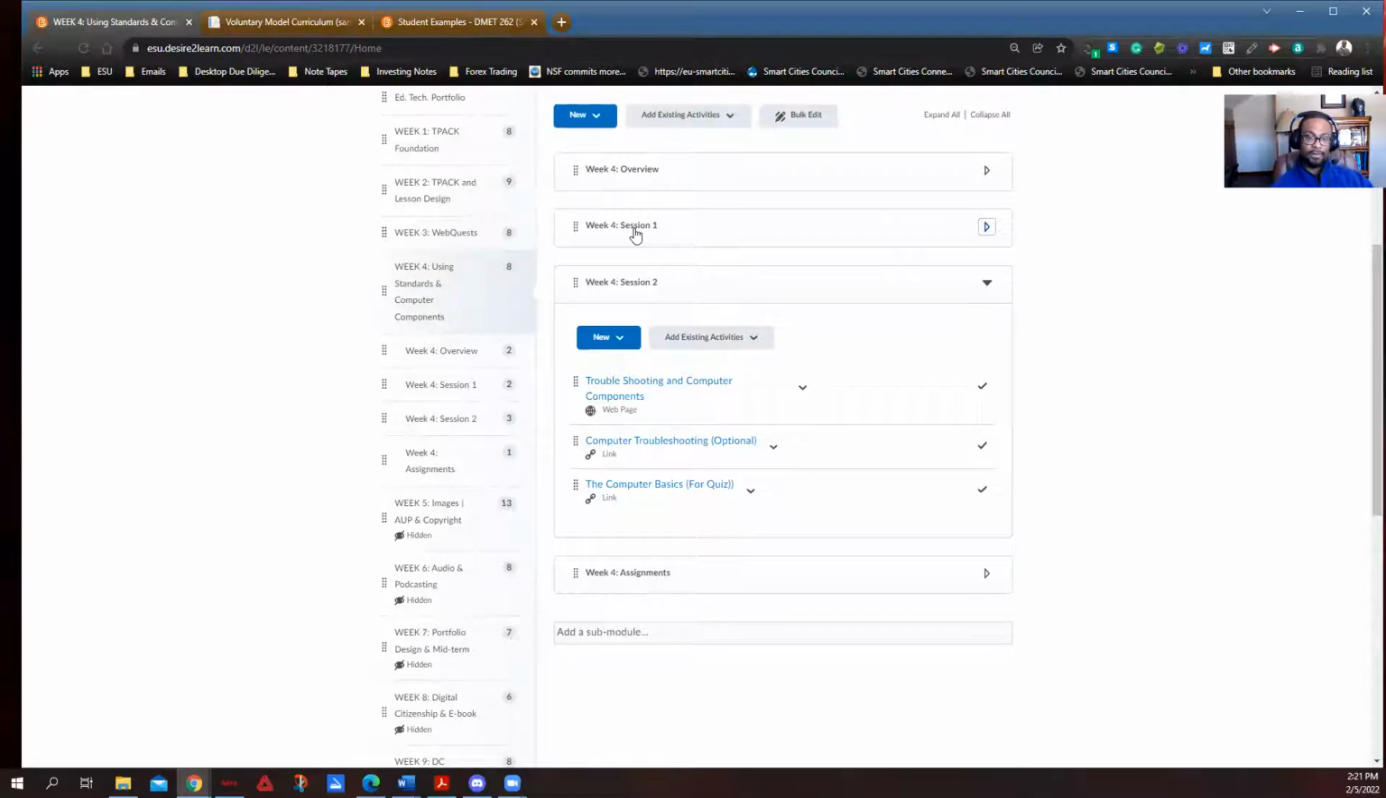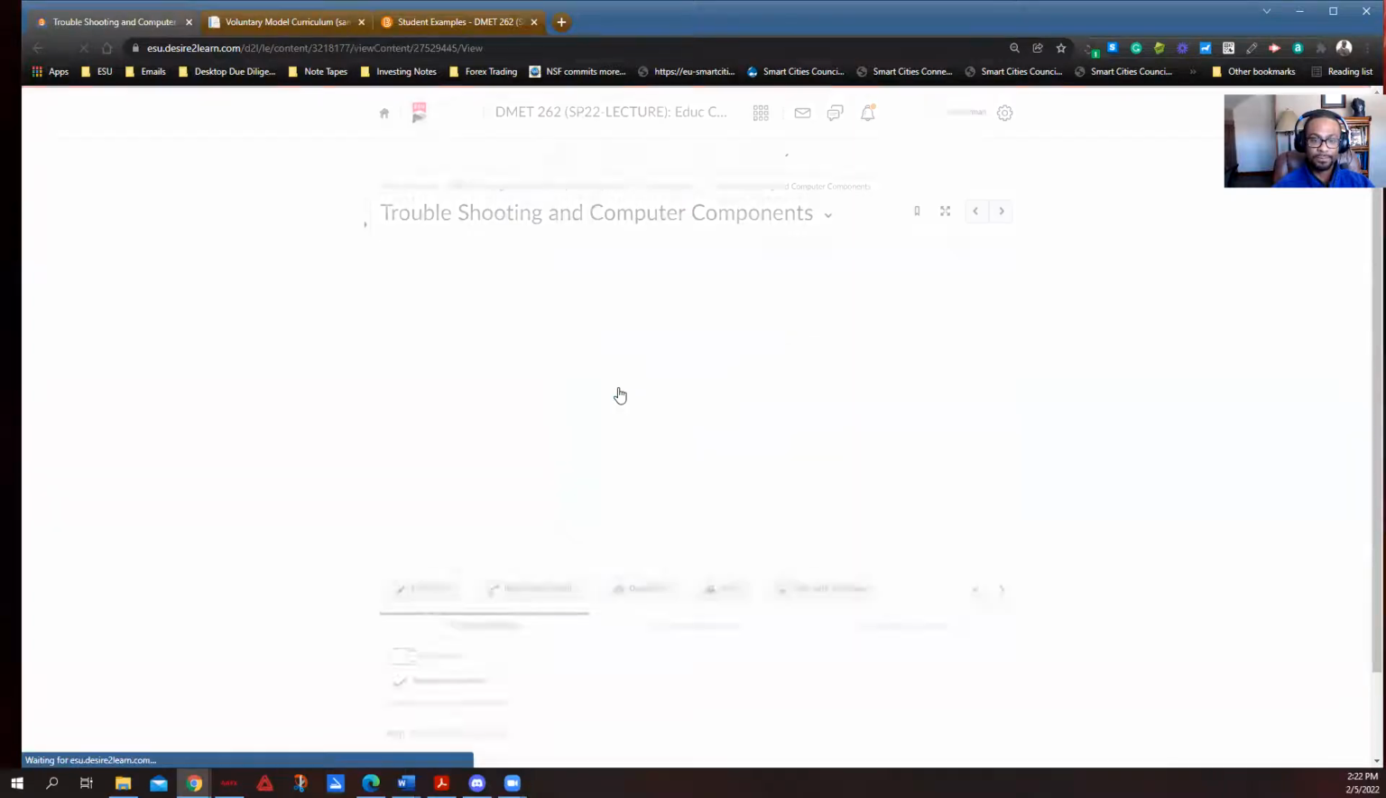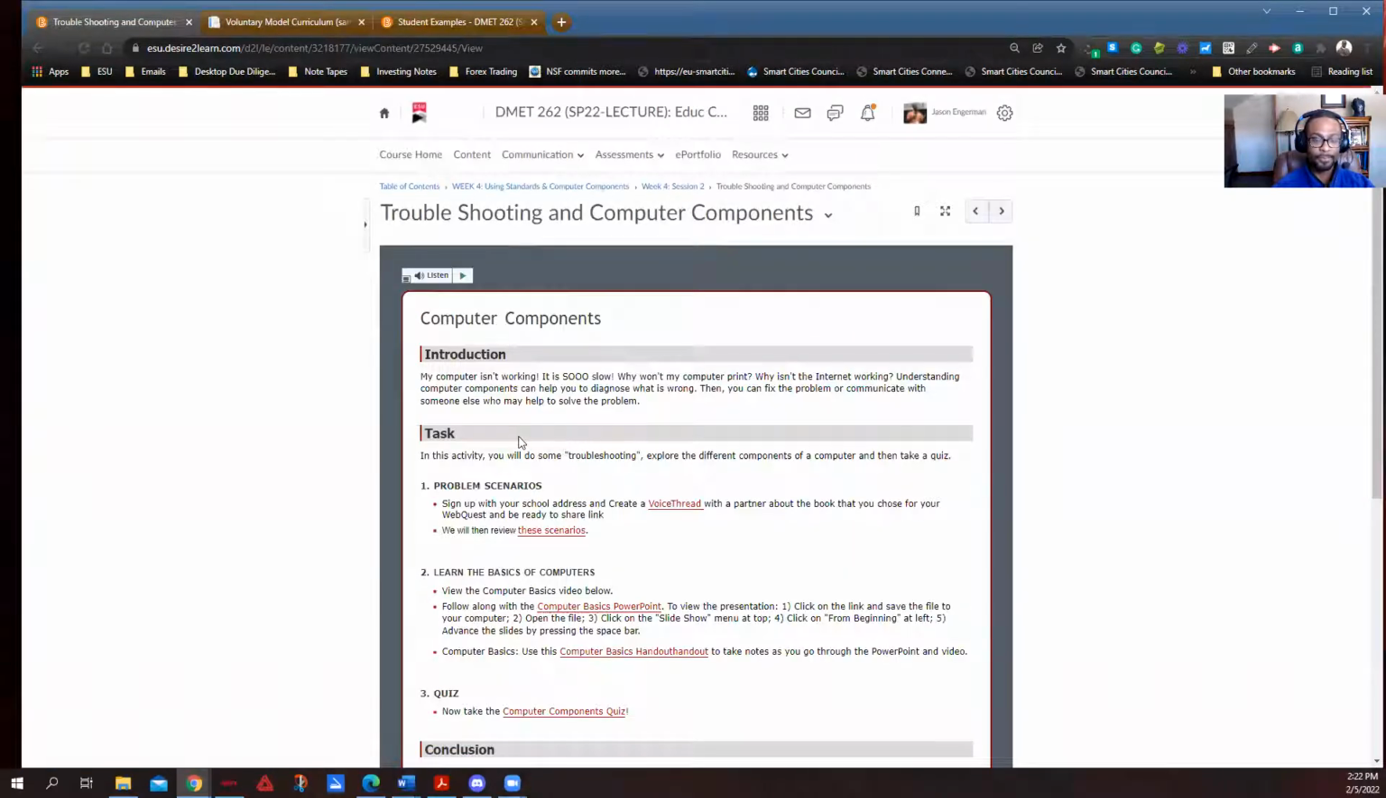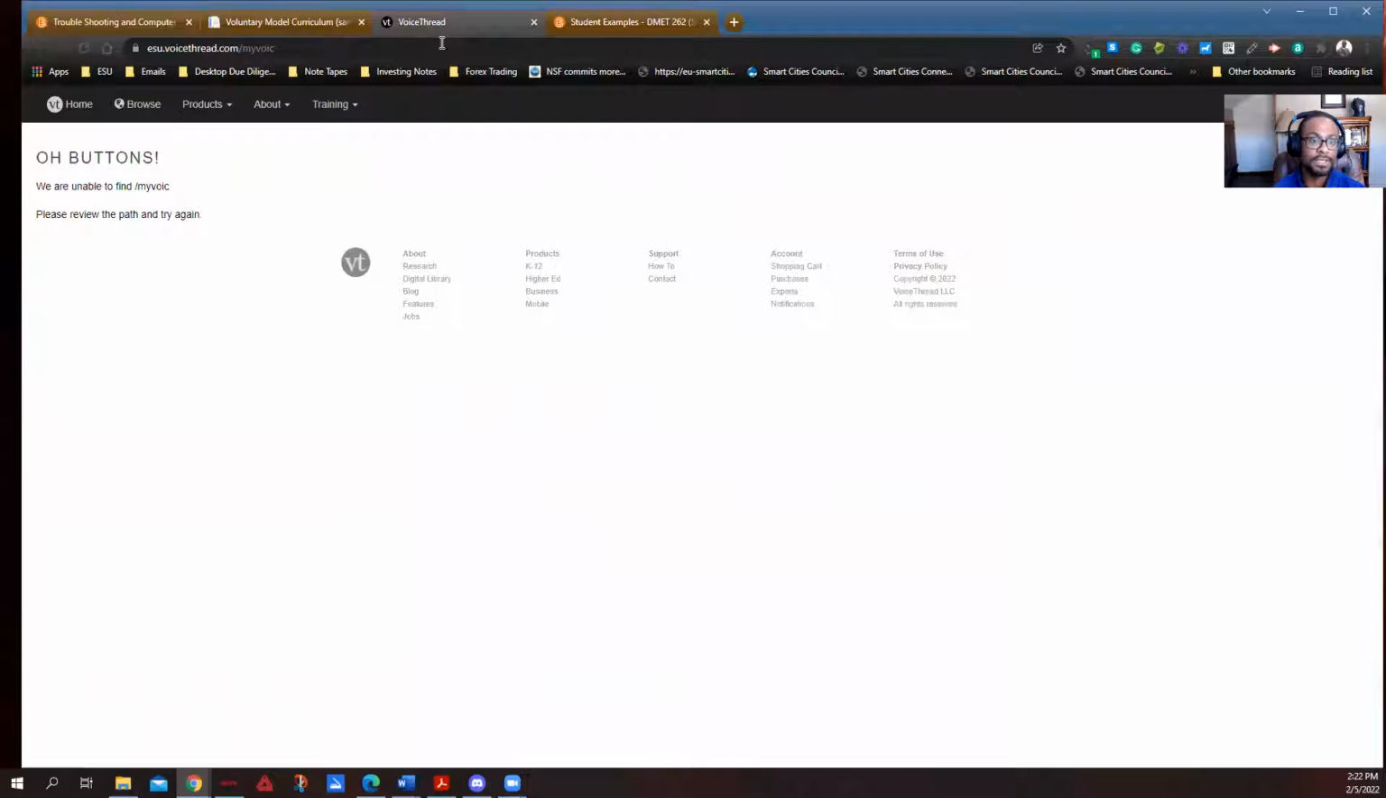Troubleshooting and computer components. This is a little module that I created for you. And I think it's a great way to just think about computers and computing. So I think it's helpful. Just look this over. Sign up with your school address, create a VoiceThread. And this could be a great tool for you to use. I'll open it for you to show you what VoiceThread's all about. These scenarios are something that we could have done face to face, but